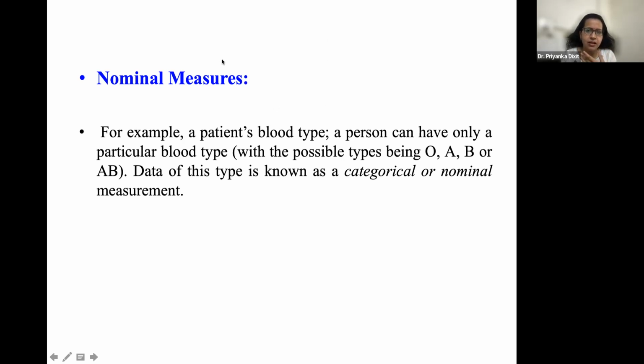Yes, any variable. So a variable could be, let's say, age of the person. So age of the person is what? If I ask all the participants their age, they are going to say 20, 23, 25, 30. So these are the actual numbers. So when the variables take actual numerical values, those variables are considered as scale variables. Okay, scale variable.